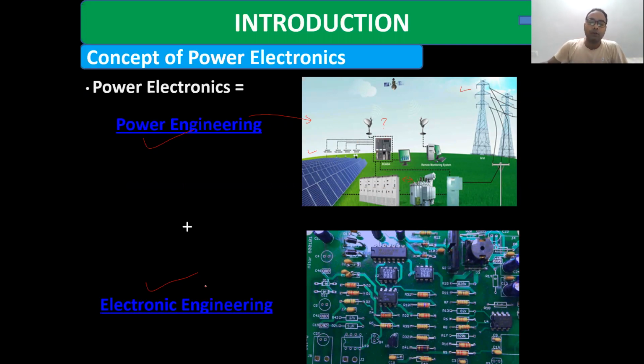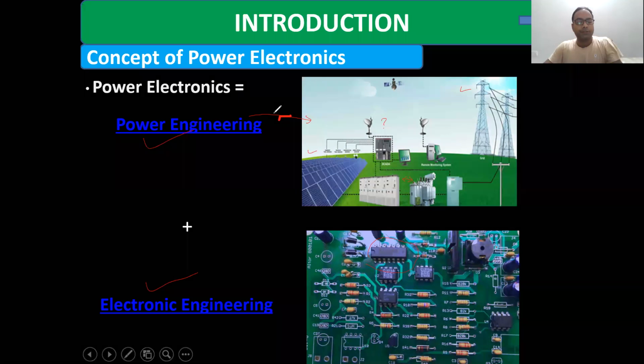Okay, so that is called power engineering. And the electronics engineering branch deals with different ICs, resistors, diodes, transistors, and all the combinations used at a power level, that is what they call power electronics. So this is about the power electronics engineering field. And here the actual use of this power electronics component is in the power supply system.